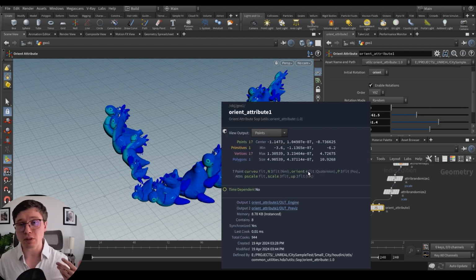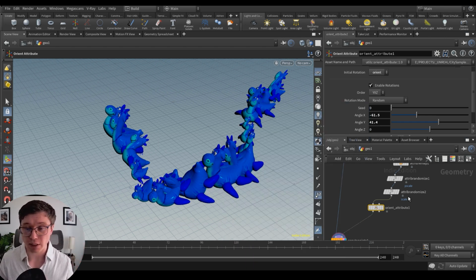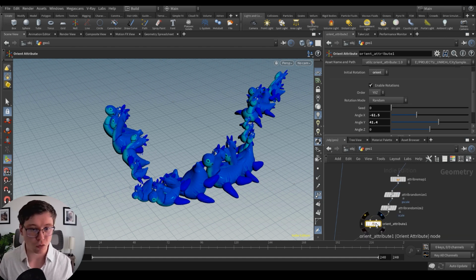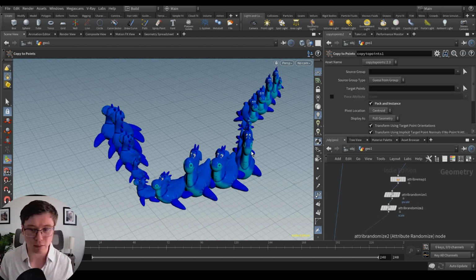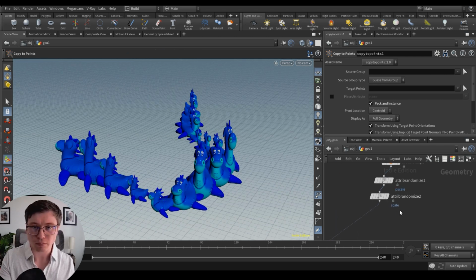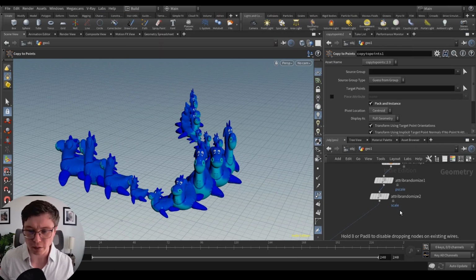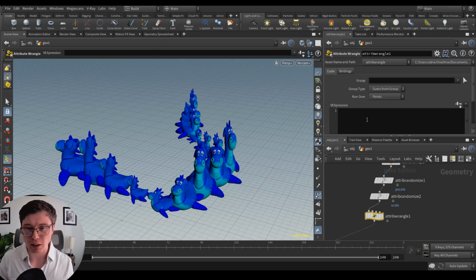Now, if you wanted to use what you already set up in n and up and somehow convert that into orient, you can always do that in VEX. I won't get into detail about that, but let's say you really want to reuse that. You could always set an attribute wrangle and basically use something like that.